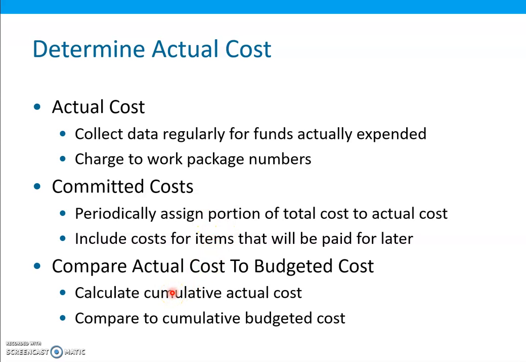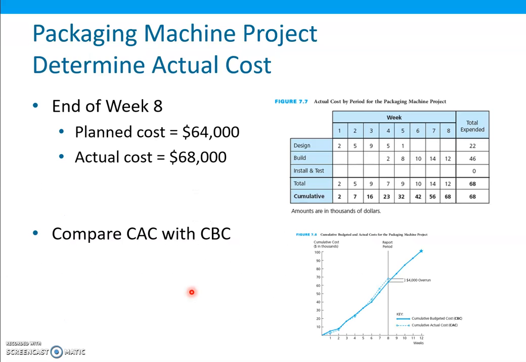And then compare the actual cost to the budgeted cost. So as data are collected on actual cost, including portions of any committed cost, they need to be totaled by work packages, so they can be compared to the cumulative budgeted cost. So the cumulative actual cost should be calculated, and the next figure over here